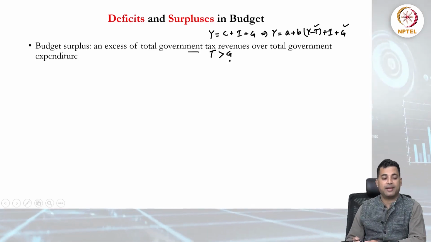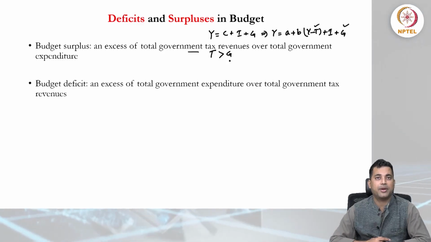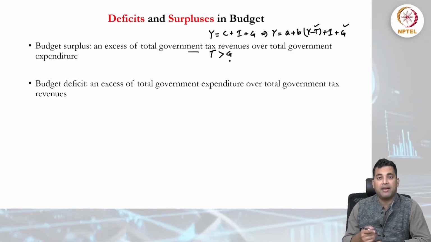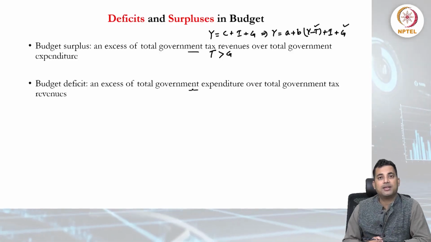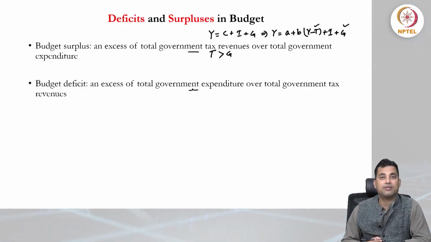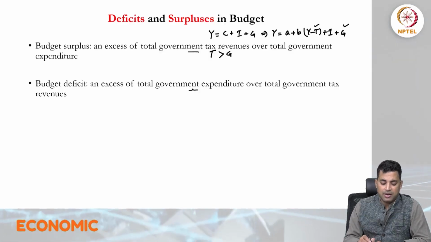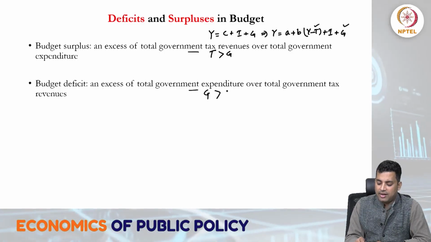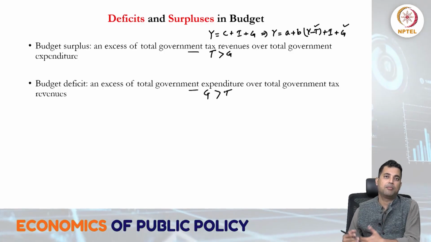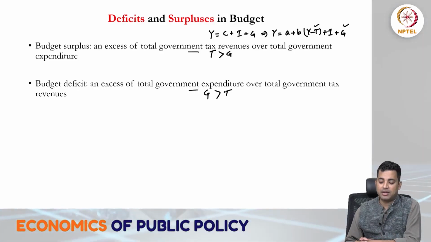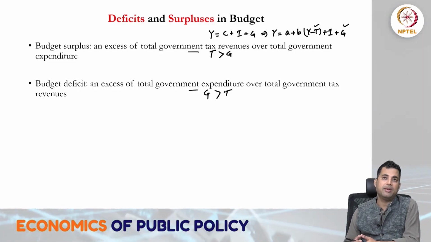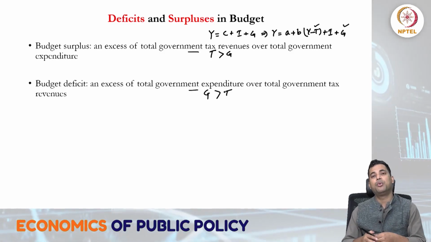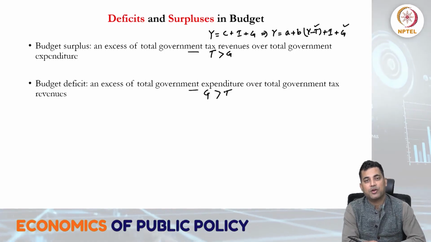So T has to be higher than G. Now the next point, budget deficit, is an excess of government expenditure, just the opposite of the case we just discussed. In a budget deficit, government expenditure G is higher than the total tax revenue. It means the government has more commitment towards expenditure or spending